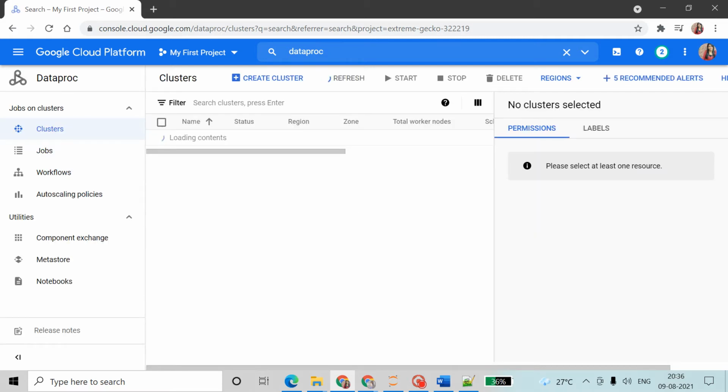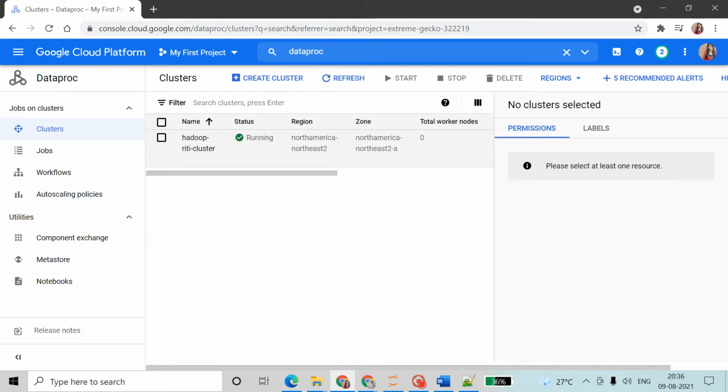Before going too deep into Dataproc, first we will see what is there in Dataproc. In Dataproc we have MapReduce, how it works, and Spark and Hadoop. In Dataproc we are working on Hadoop.